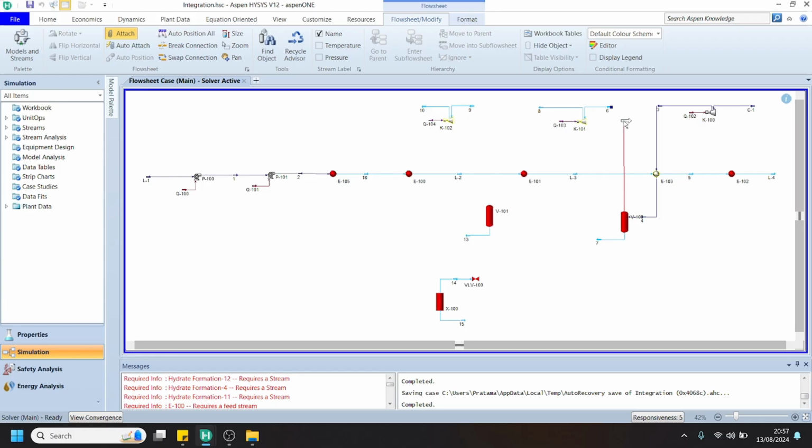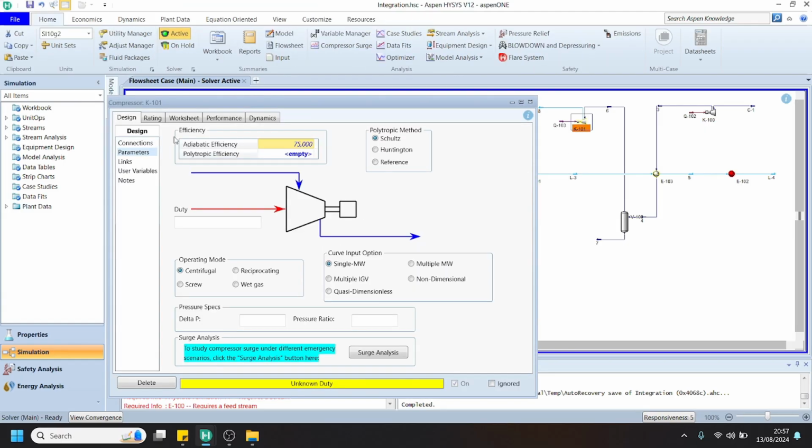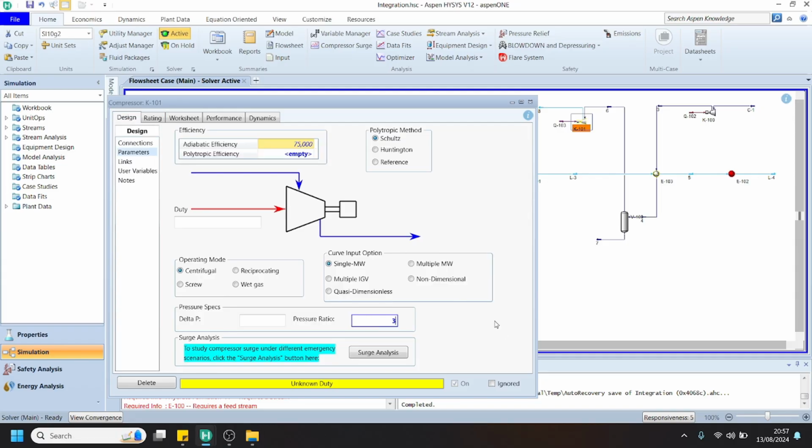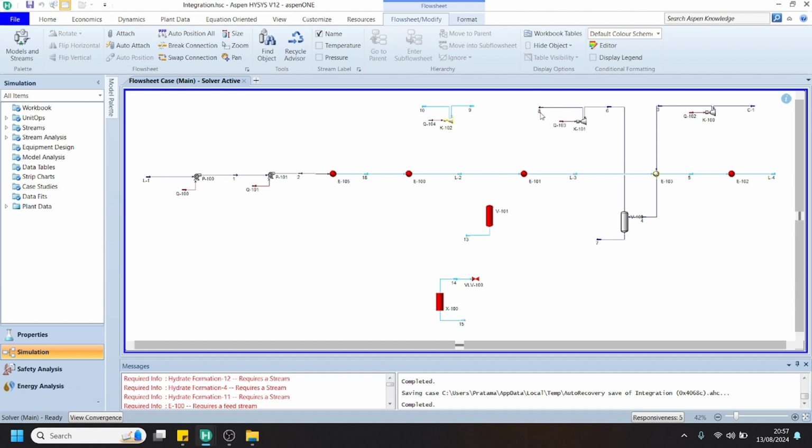After the water is separated, we connect and specify this compressor. We can specify the pressure ratio of 3, and for operating mode we can leave it as it is. Then we can continue to connect this stream. We can see that the stream is 110 centigrade, so we will cool down this temperature using the LNG cold energy. Connect this to the heat exchanger,